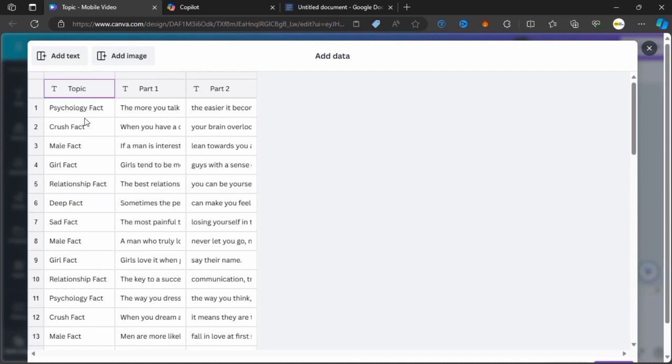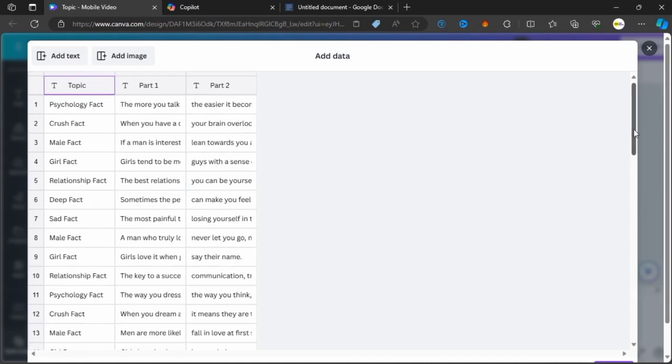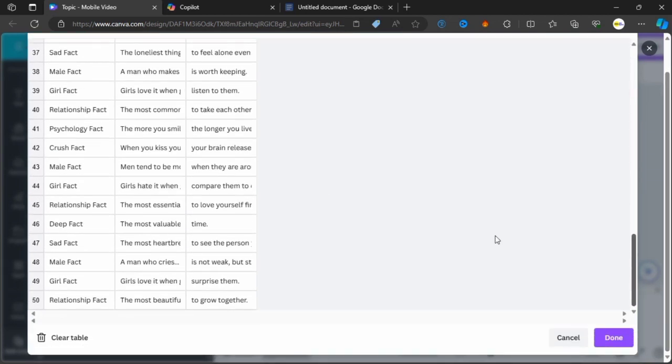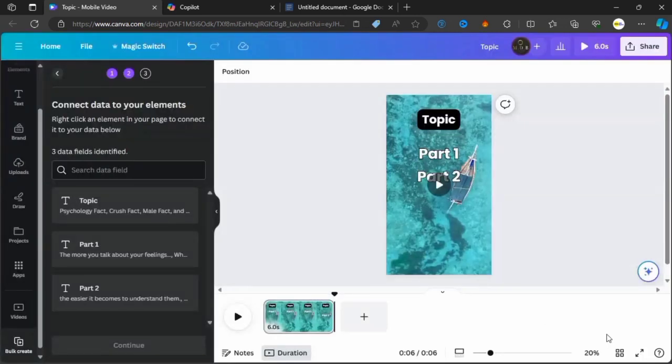So we have our text, we have our topic, our part 1 and part 2. Let me scroll down a little bit. If I scroll down, you can see we have our 50 facts. So I'll go ahead and click on done. Now let's connect our data sets so that it's going to correspond to each part of